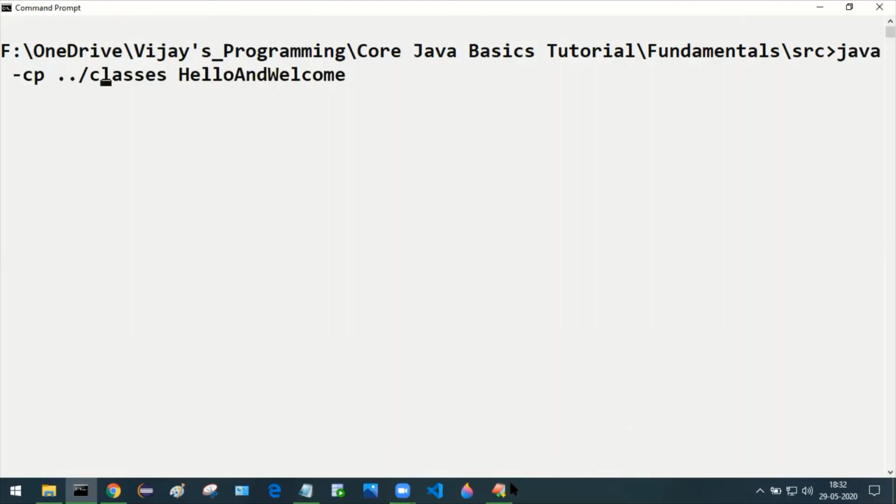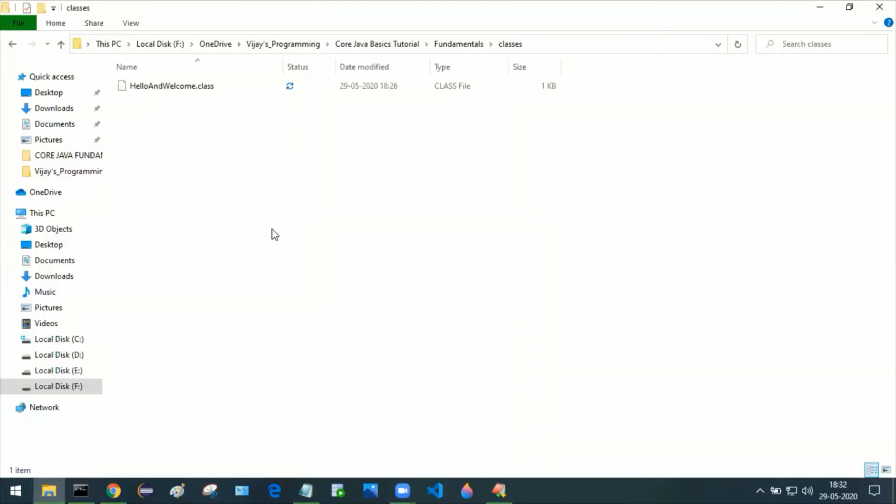So what happens here now, let me just go to the folder here. As you can see here, in the earlier command, we had come to this folder location, and then we triggered the command. So here I'm just deleting this generated class file.